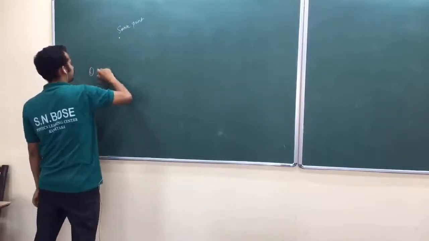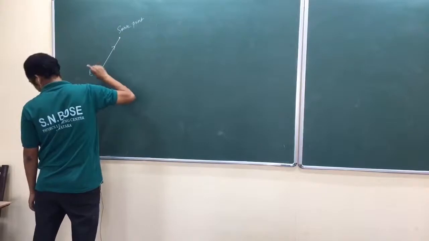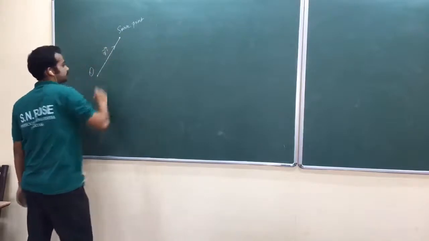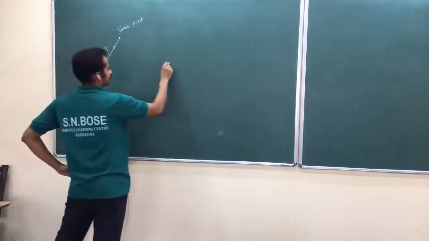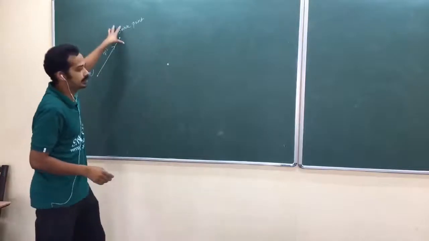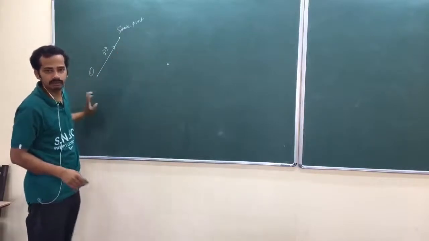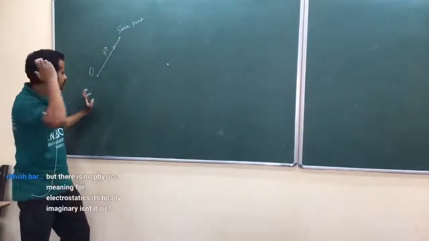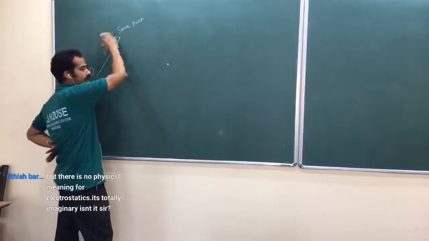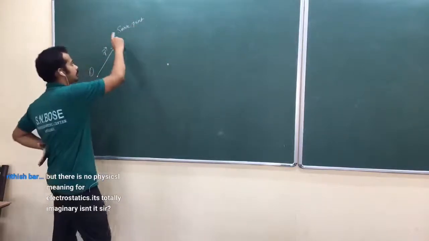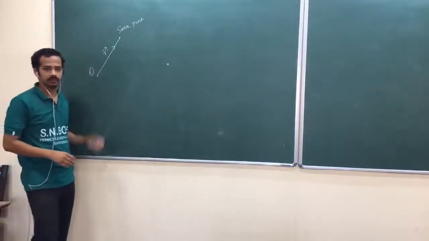That source point from origin, in this whole textbook, is defined as vector r prime, source point, okay? So now, this is field point. I have a charge here, you are finding the field here, you don't have to choose your origin here, remember. You can choose origin anywhere, isn't it? Are you getting my point? That's why I have chosen origin arbitrarily. You have a source here, you are going to find field here. Suppose you have a current element here, you are going to find magnetic field, or you have a charge here, you are going to find electric field here, okay? So I can choose origin anywhere. That's our choice, isn't it?